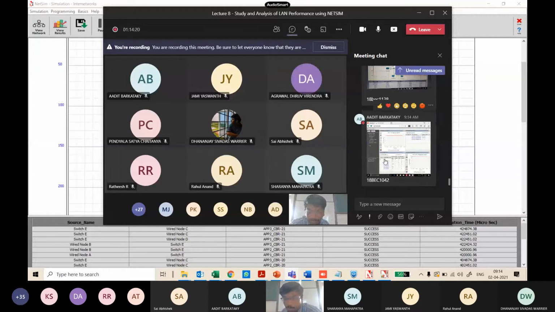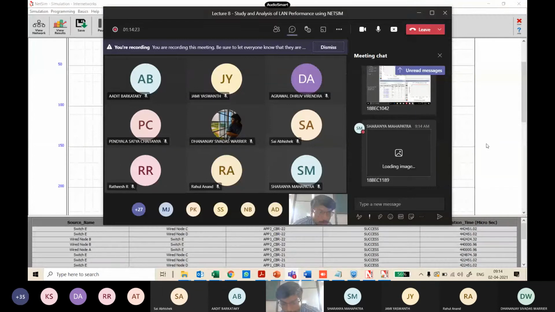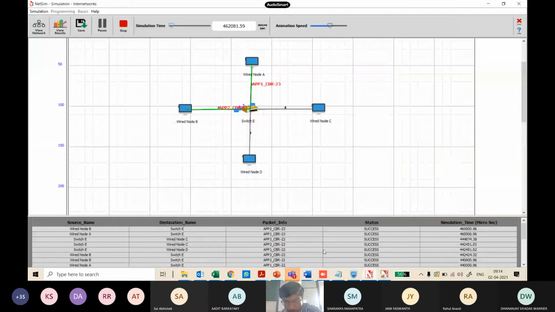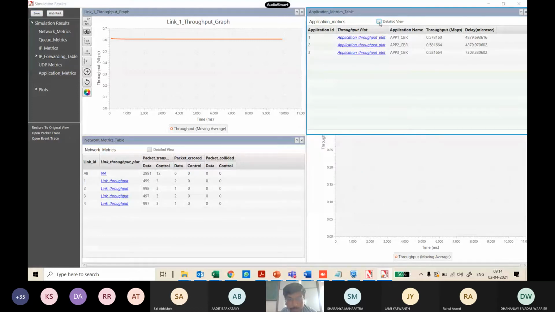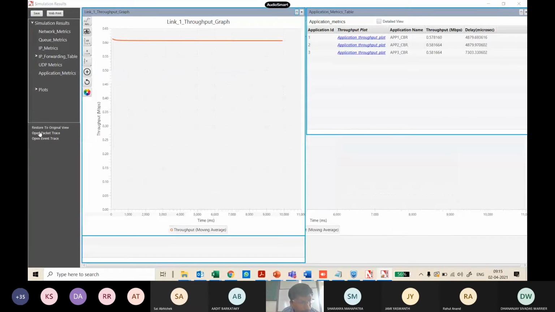Okay, good. What you have to do now is, most importantly, look at the throughput values, right? If I get onto the metrics, there are a lot of graphs and values. Each window you can expand and see in a detailed view. But if you open it up and lose track of which window you are in and want to restore it to the original view, see the left side of my cursor. There is a restore to original view option. If you click that, it takes you back to the default case.